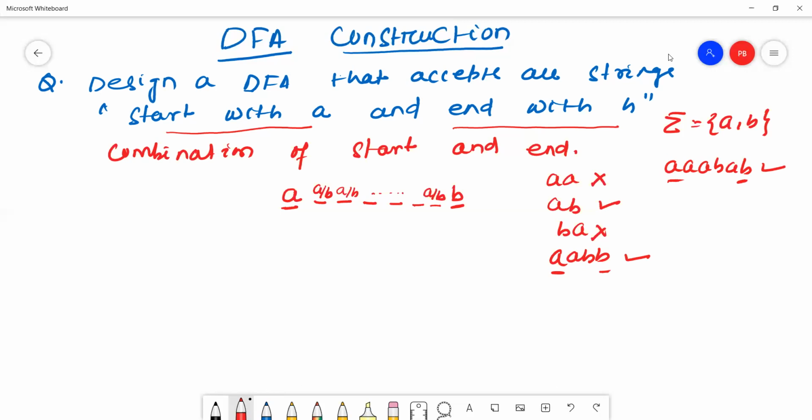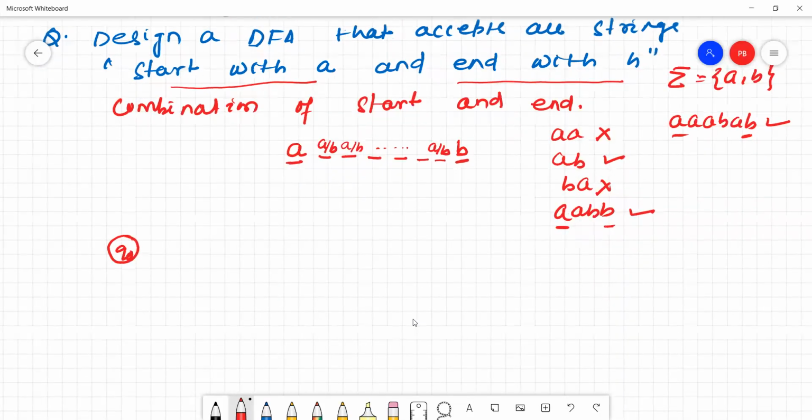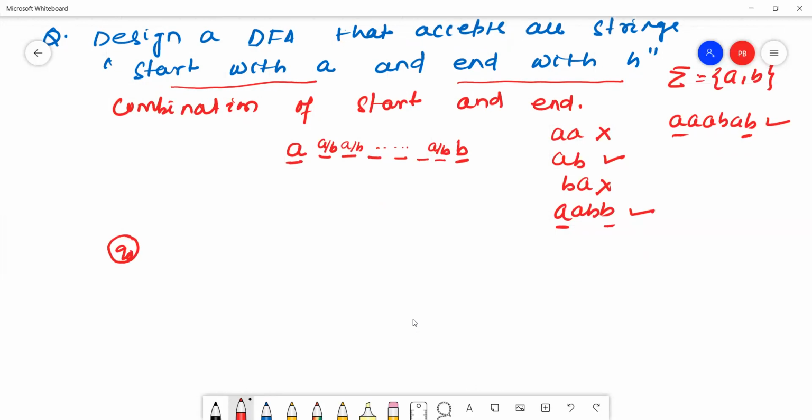Now let's see how to construct the DFA. First one is the start. Start means this DFA always requires a dead state. See here, Q0. Start with A and end with B. What is the minimum string here?